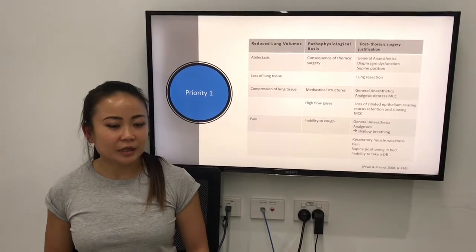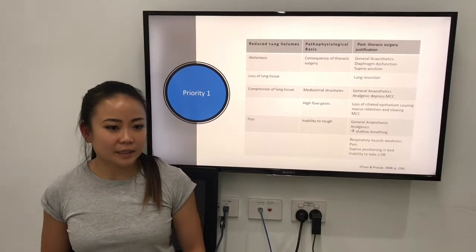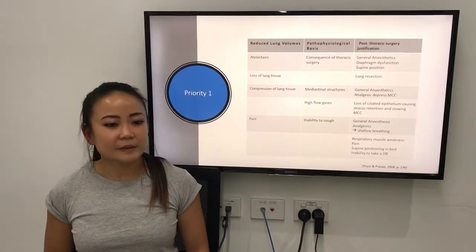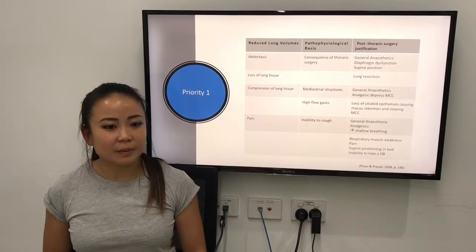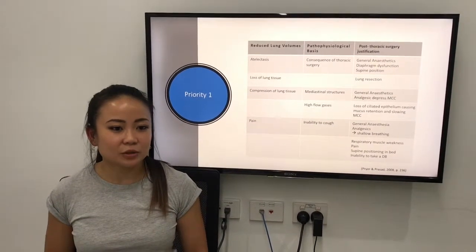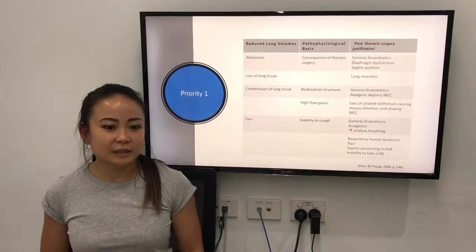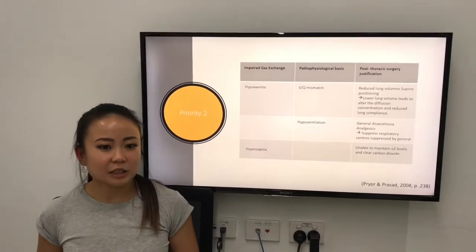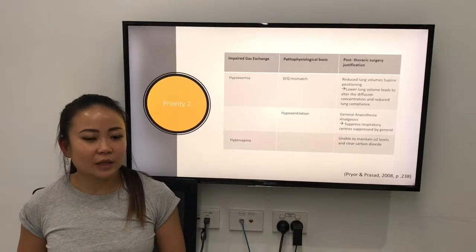Loss of lung tissue and lung resections causes a decrease in surface area available for gas exchange, hence lower lung volumes. Compression of lung tissue and pain also contribute to reduced lung volumes due to the depressive effects of general anesthesia and analgesics. The next priority is impaired gas exchange, as improving it may lead to earlier weaning of